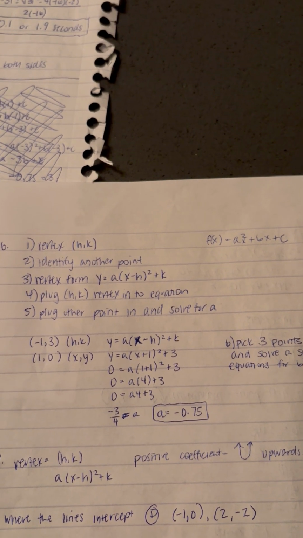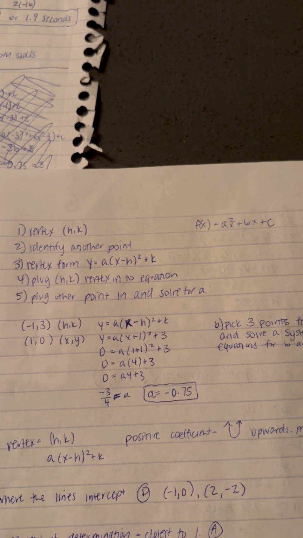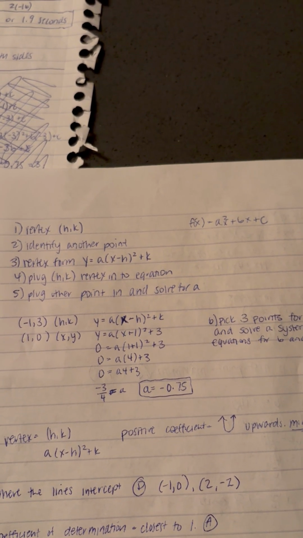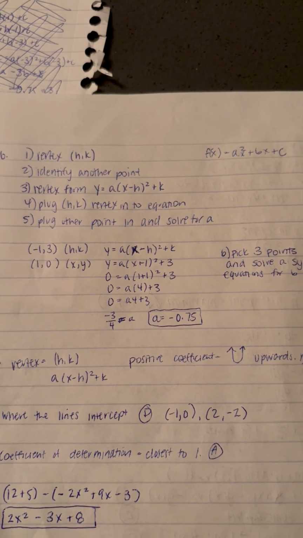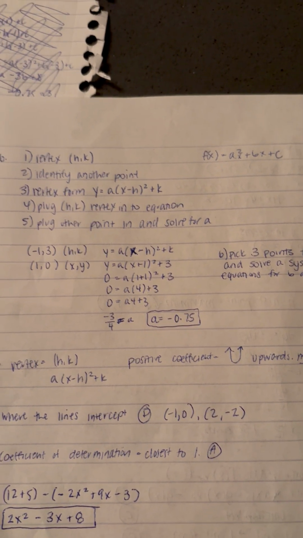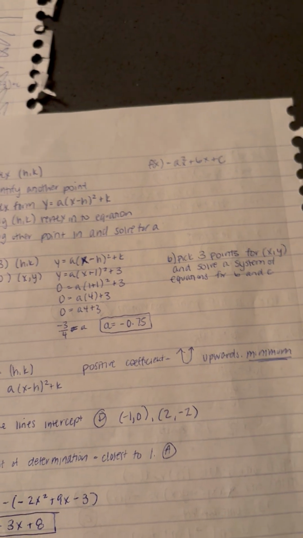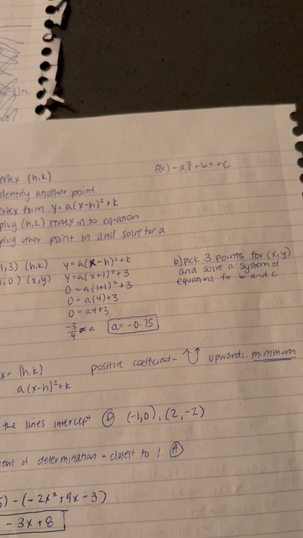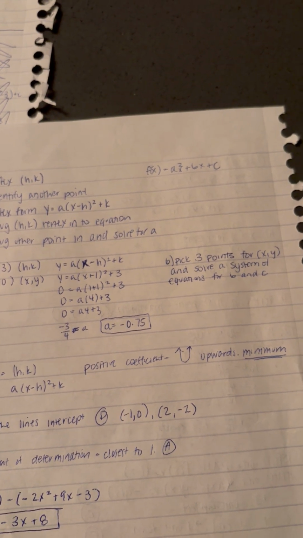And then you'd plug HK, the vertex, into that equation, and then plug another point, xy, into that equation and solve for a. So I use -1 and 3 as the vertex for HK, and 1 and 0 for another point xy. Plugged that into my vertex form equation, and at the end I was able to get A equals